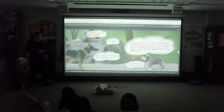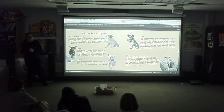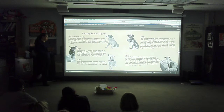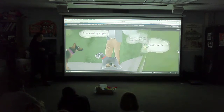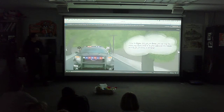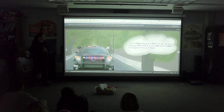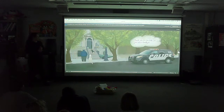And this is a dog that we included. He's not actually a real dog, but he's more of a lead-in to the next page, which is history dogs. So it's a lot of really famous dogs in history. Then here's Kaya, over to the right. Also, this whole book rhymes. So that was very difficult to do. Then she gets home, and